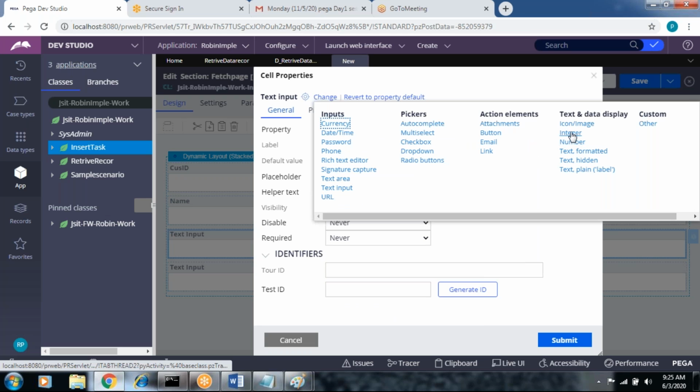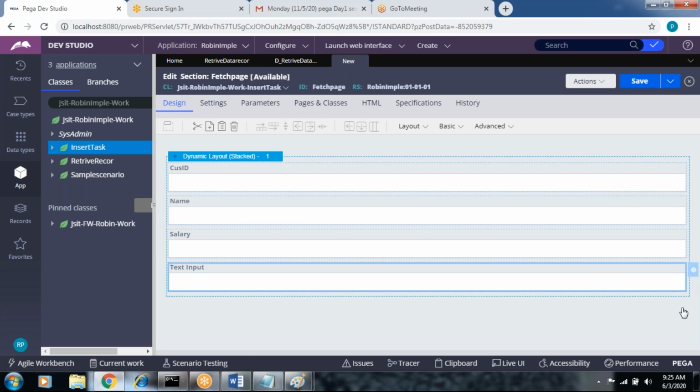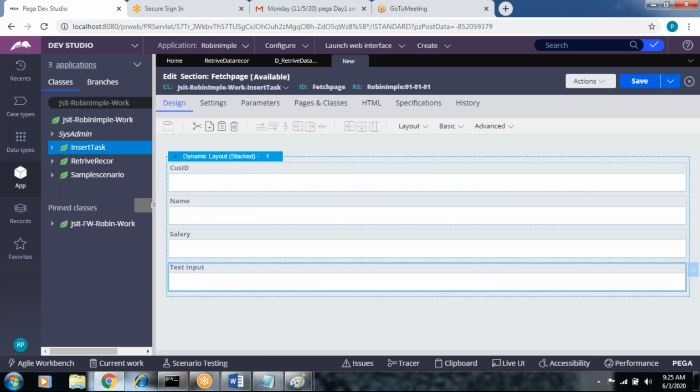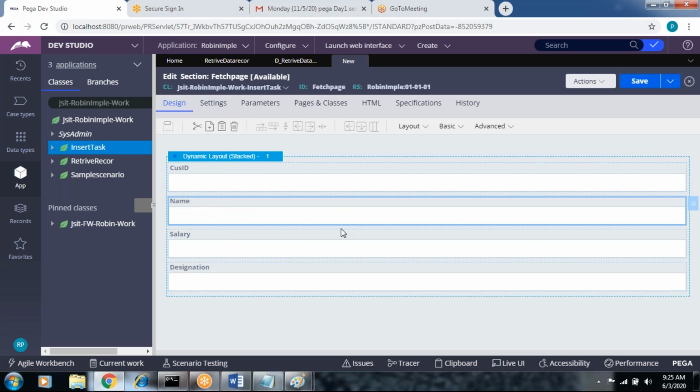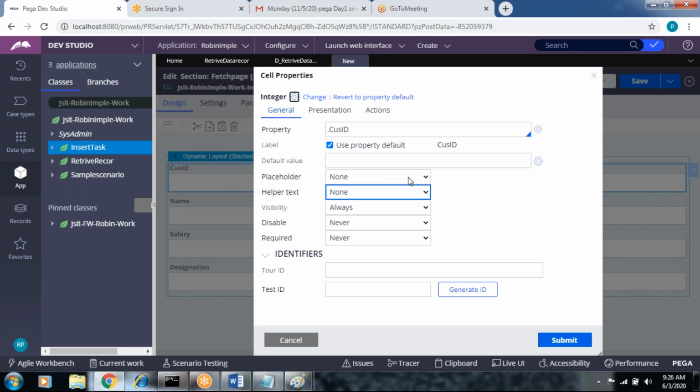Salary is the integer and designation. Sorry. So our task is you're going to populate the drop down with customer ID and company name. Okay, we do one thing, just go to the customer ID.